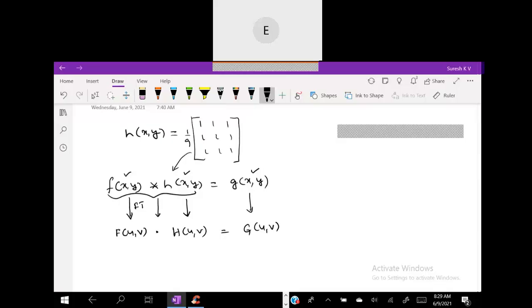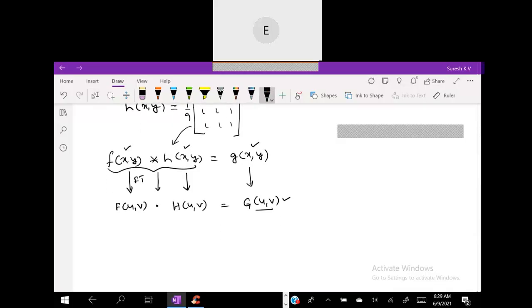But if you notice, the processed image is in the frequency domain, but I should get back g of x comma y. So what should I do? If I want g of x comma y from g of u comma v, I should do inverse Fourier transform. Simple. So carefully observe the steps now. If I want to do it in frequency domain, take the image to the frequency domain, take the kernel, that is the filtering kernel, to the frequency domain, multiply them. Whatever you get, take the inverse Fourier transform, you will get back the result. This is all you have to do, but the only catch here is